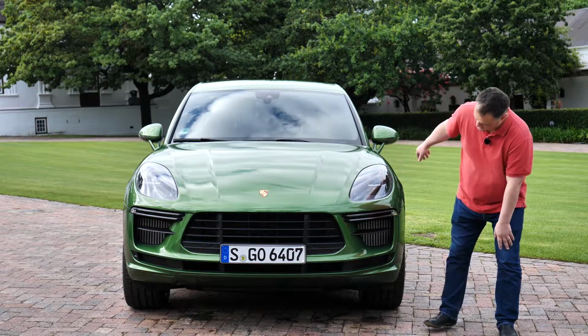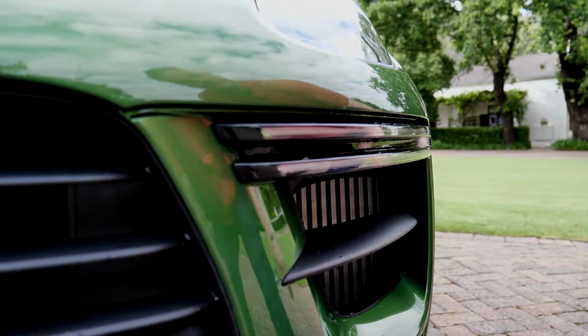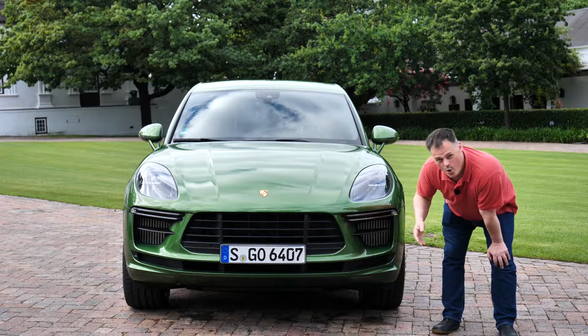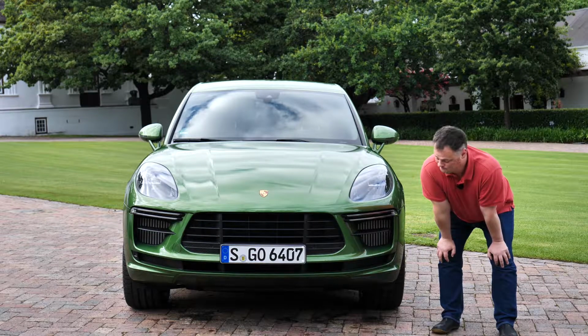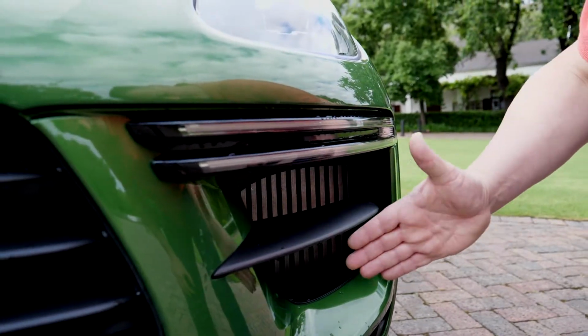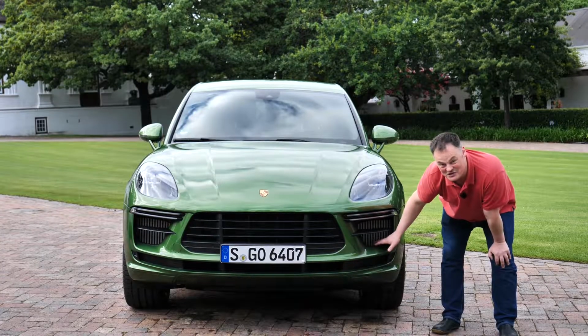Take a look down here. Wow. Well, to me, this speaks of a massive amount of confidence either in fate and your encounters with stones when you're driving on the road, or just a pure statement that really, you don't mind, you're all about the drive. You have massive air intakes at either side on the front here, and that really visually adds up to